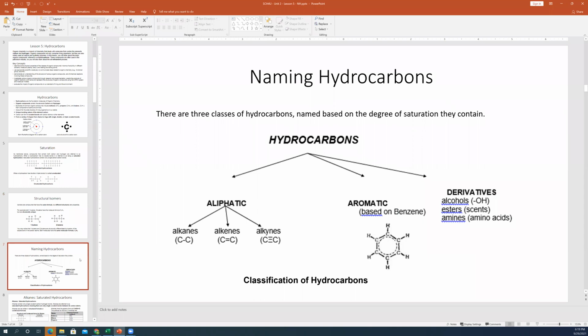So there are 3 classes of hydrocarbons based on their degree of saturation, how many bonds they have. They can be aliphatic, aromatic, and then there are also derivatives. The aliphatic hydrocarbons, in the case of single bond hydrocarbons, are referred to as alkanes. Double bonds are called alkenes, and triple bonds are referred to as alkynes. And we will learn more about these, and you will get used to these naming conventions as we go along